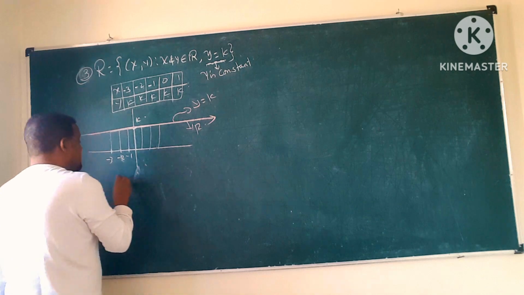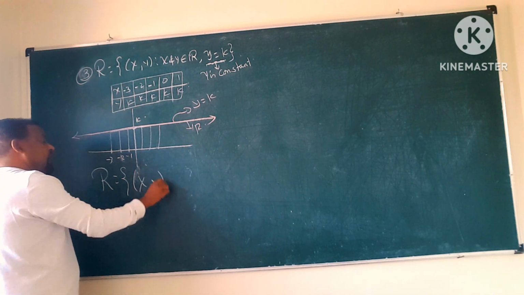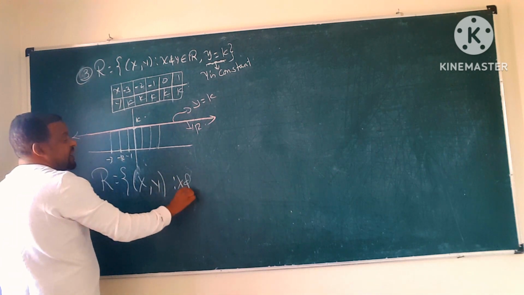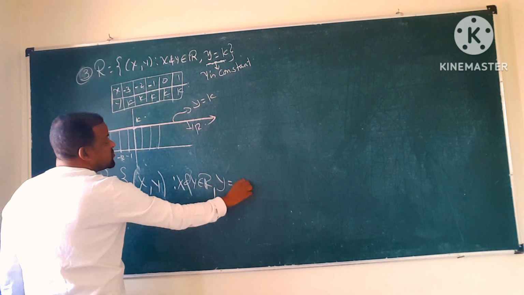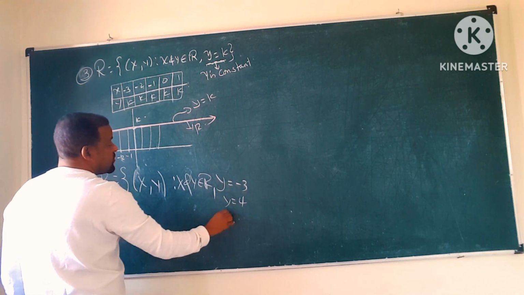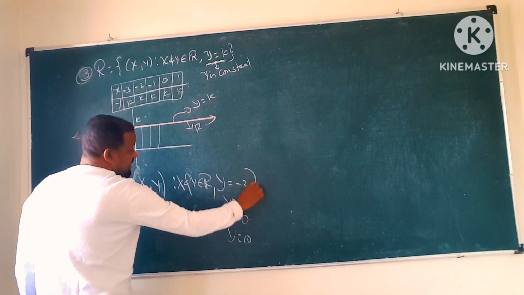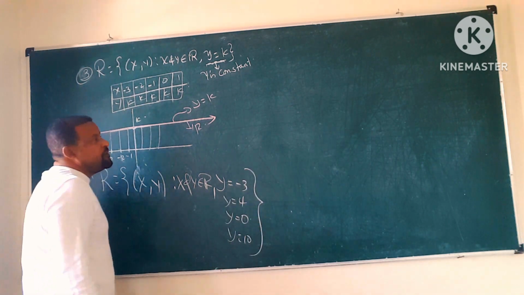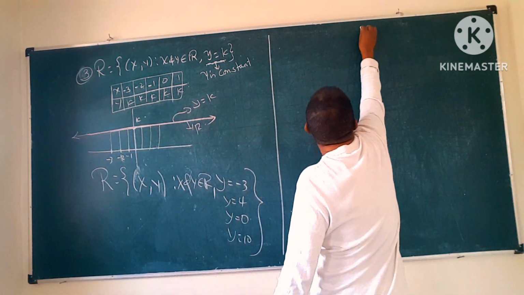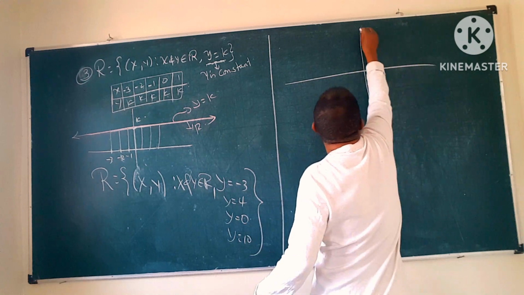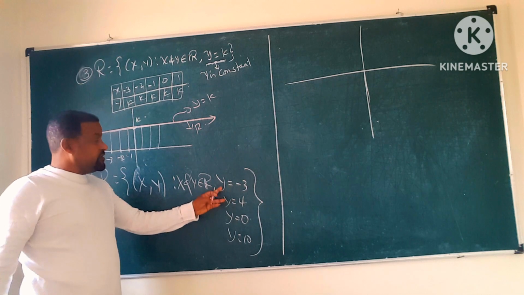So ለምሳሌ r is equal to the set of all ordered pairs of x, y such that x and y are coming from the set of real numbers. ለምሳሌ y is equal to negative 3, y is equal to 4, y is equal to say 0, y is equal to 10 ሊሰጥ ይችላል any of this ስለዚህ አሁን ምንድነው የምታረጉት so the graph is like this man look